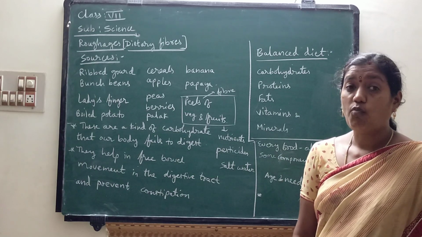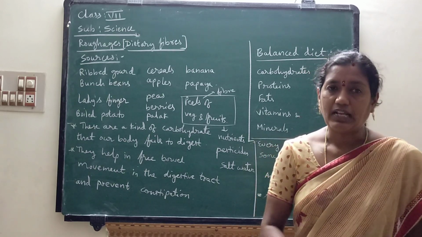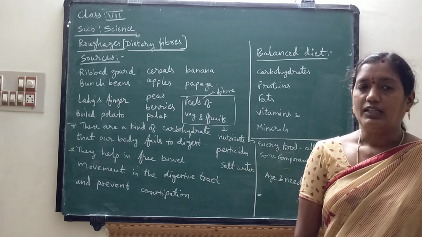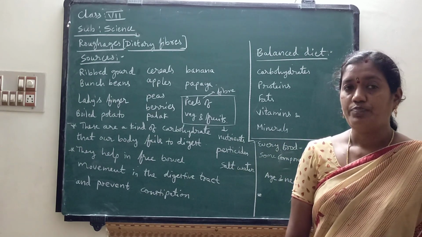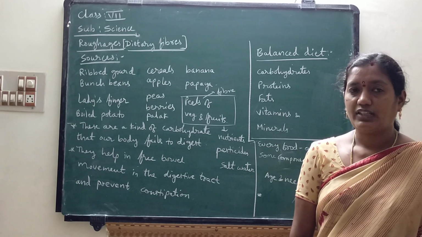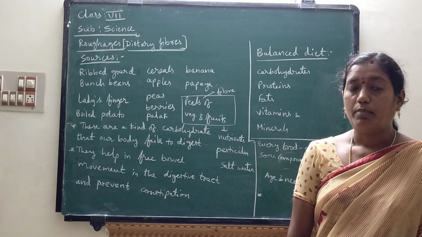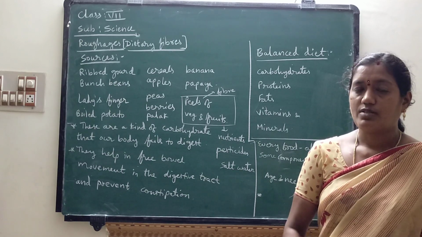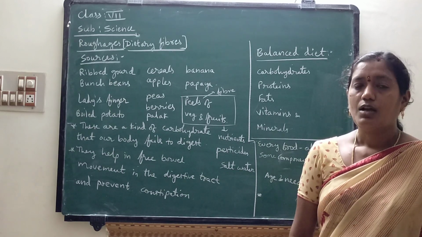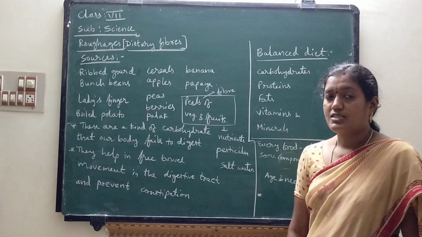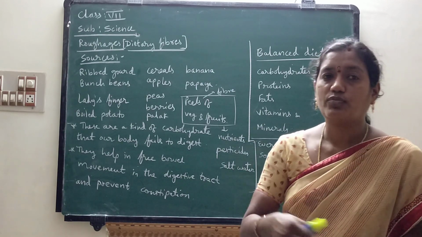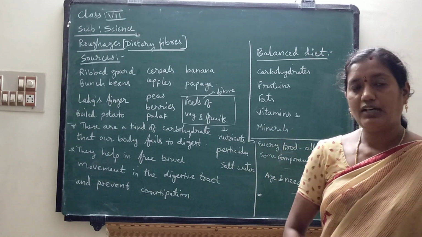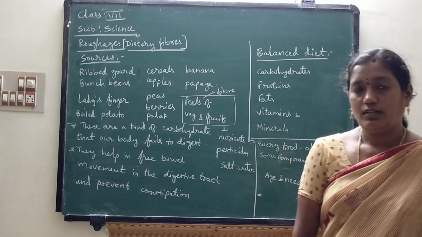But in the case of banana, if you want to eat it, we will remove the peel and eat. And some vegetables also. For vegetables like brinjal and lady's finger, the peels will not be removed. But when coming to ribbed gourd and bottle gourd, okay children, some vegetables we will remove the peels. The peel means the outer layer of the vegetable. We will peel the vegetables while cooking.